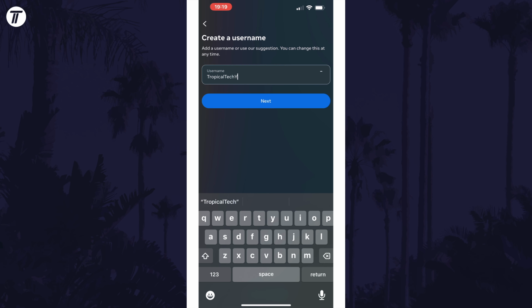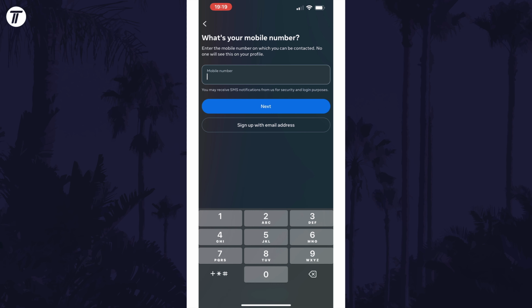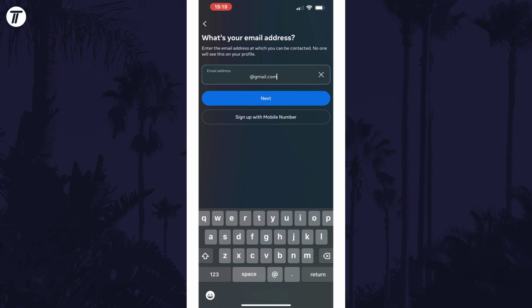It will need to be unique, so you may have to try out a few before you find one that is available. Tap on Next, and now you have a choice as to whether to set up your account with a mobile number or an email. If you want to set up with email, tap on the Sign Up with Email Address option below the Next button. Whichever you choose, make sure you enter the correct phone number or email address that you have access to